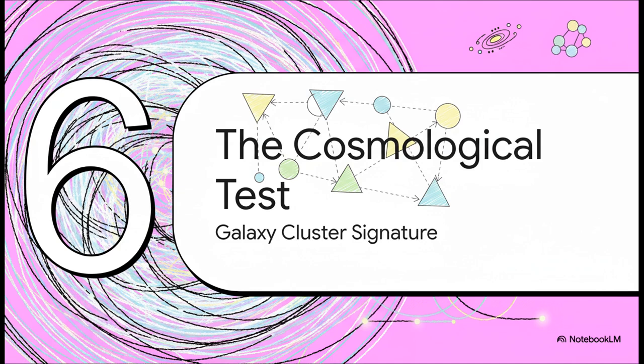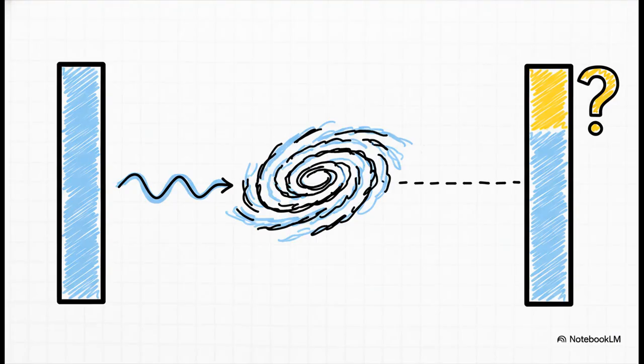So the framework points to a very specific place to look for that evidence, in the way we measure galaxy clusters. It turns out, for a while now, astronomers have had this weird little puzzle. When they measure the mass of galaxy clusters using two different methods, the answers don't quite match up. There's this consistent 4% gap. Most would say it's a measurement error, or maybe some extra dark matter we missed. But this framework says, no, that 4% isn't an error, it's the signature, it's the projection effect.